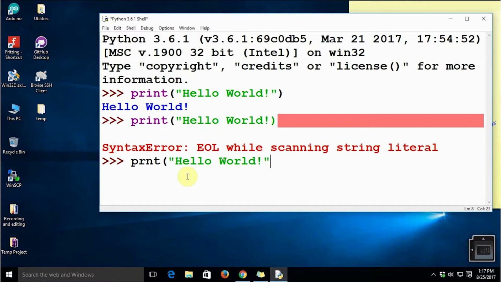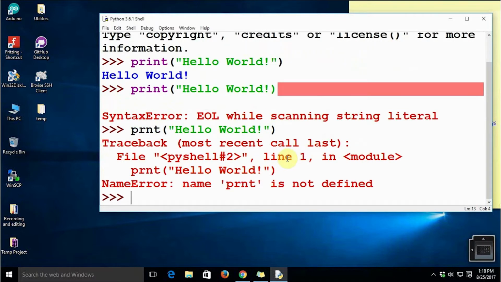Mind that we have misspelled print, and we haven't defined any method or function known as print. So it says name print is not defined. These are the kinds of errors you encounter when you make a mistake in the syntax. Usually these sorts of errors are known as syntax errors.